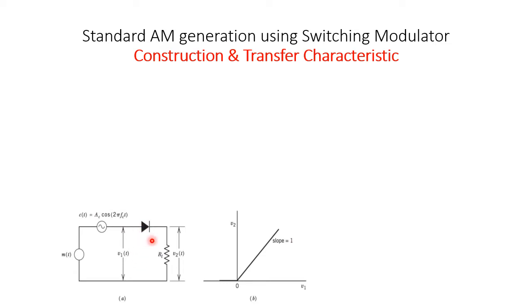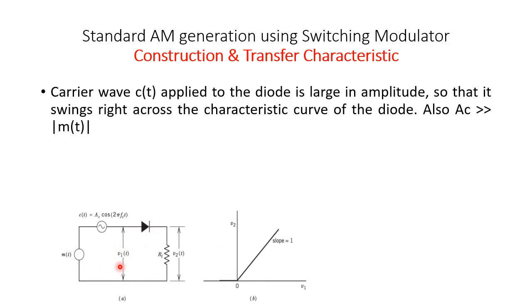First of all, we are assuming this diode to be ideal, but in practice there will definitely be some cut-in voltage. The diode will be switched on only at around 0.2 volts if it is a germanium diode, and 0.7 volts if it is a silicon diode. You already know that, but in theory we are assuming it to be 0. I'll be sharing a Multisim live simulation with you, showing the results in this video, and I'll give you that link so you can try it out. This is a very simple circuit, so we'll see the assumptions.